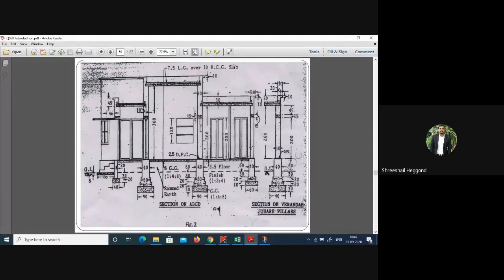For the 10 centimeter wall, it will start from plinth level. Till then the 10 centimeter wall will not exist at all, because there is no footing below the 10 centimeter wall, which is here. You can see here where the selected portion is. Here there is no footing for the 10 centimeter wall. Therefore we have done one numerical in the simple sum also, where we are not considering the footing for the partition wall up to the plinth. Here also the same, for 10 centimeter there is no footing.